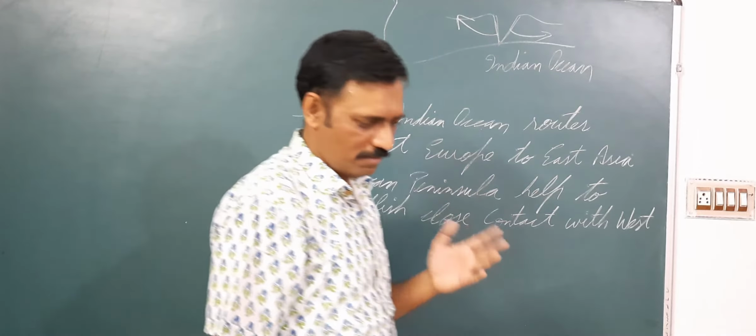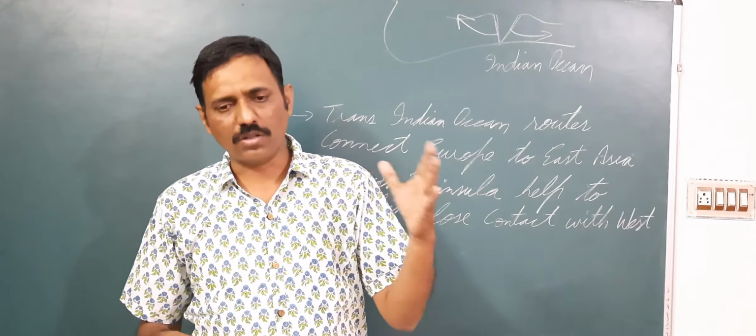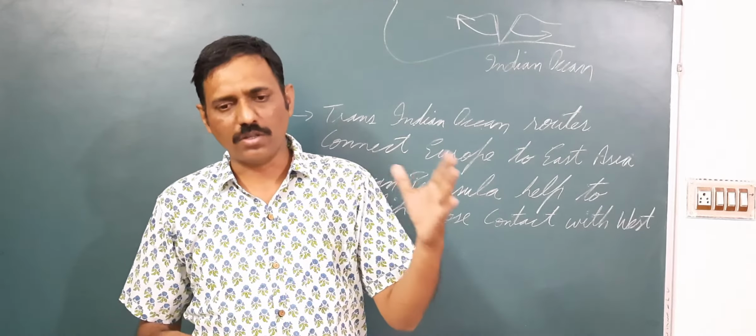Now, all these things helped in establishing close contact with other countries. The ideas of the Upanishads, Ramayana, Mahabharata, etc., we were able to give to the world because of these contacts. We were able to export muslin or spices from India to other parts. We also learned many things from other parts, like Greek sculpture, and from the Middle East the idea of making domes and minarets. From these parts, we were able to have close contact. So this was how we were able to establish the contact.